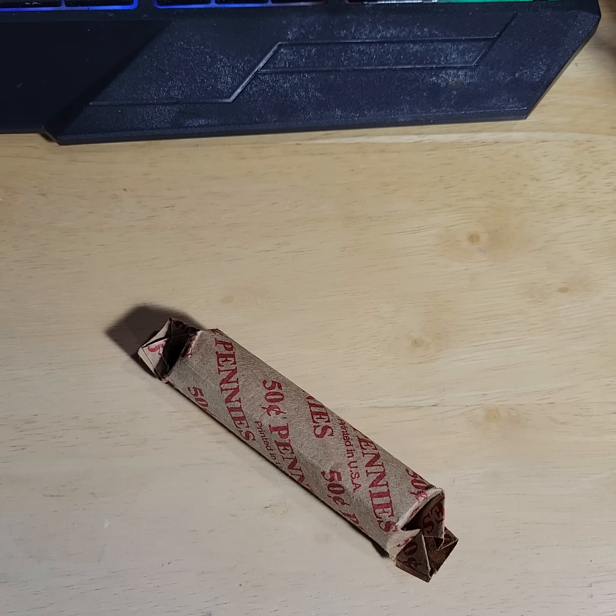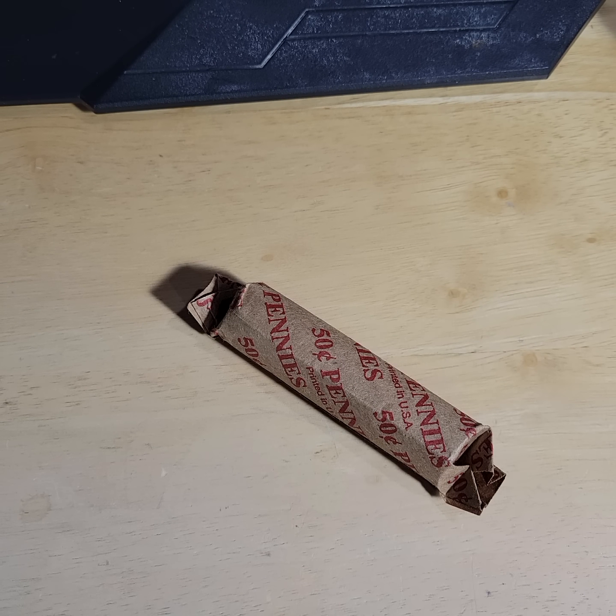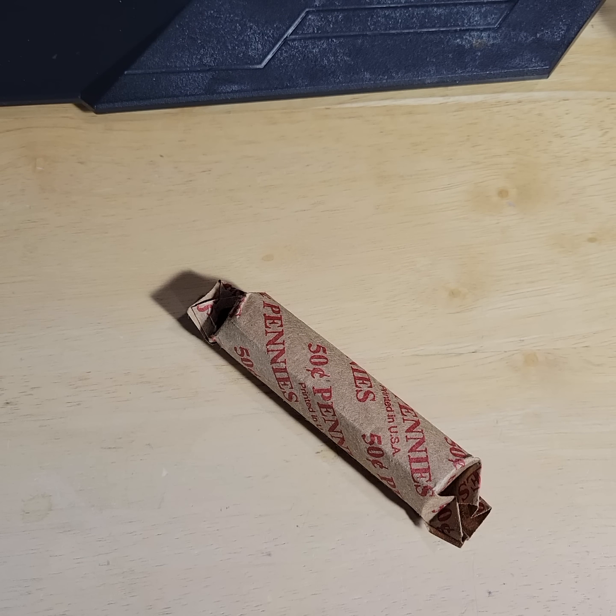But is this the first time this year? Well, this is the latest time this year that I have gotten two penny rolls from the bank. I had to go to the bank and I couldn't help myself. I said, "Do you have any pennies?" And she said, "I only have $2." And I said, "Okay, I'll take it." No, she goes, "But I have to keep $1 for somebody else. You can have $1 in penny rolls." So in 2026, I got two penny rolls, and we are going to see what's